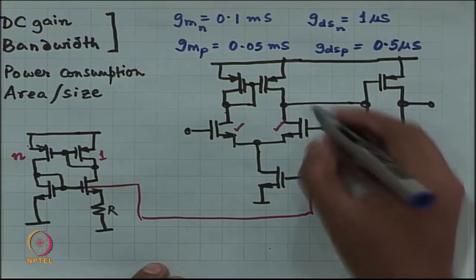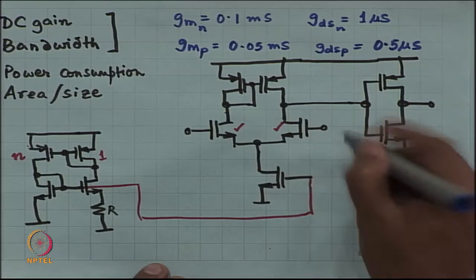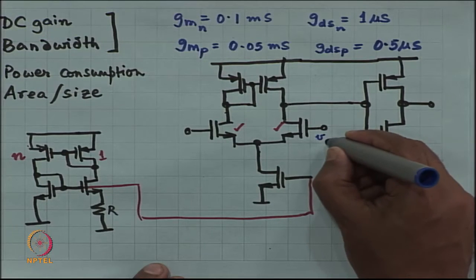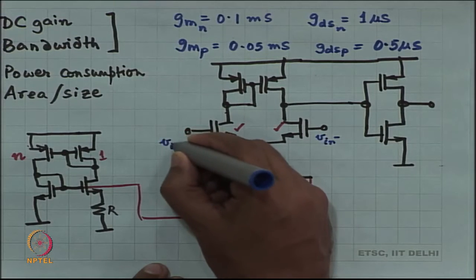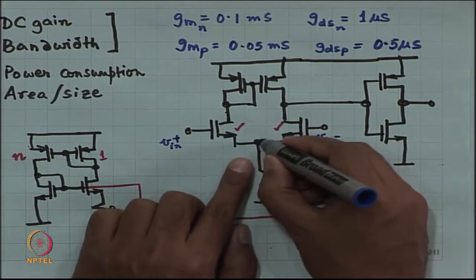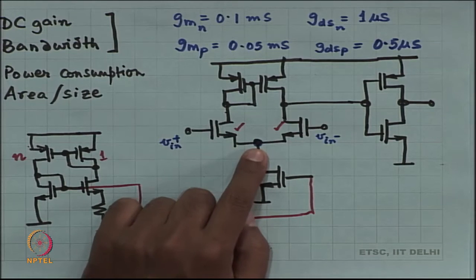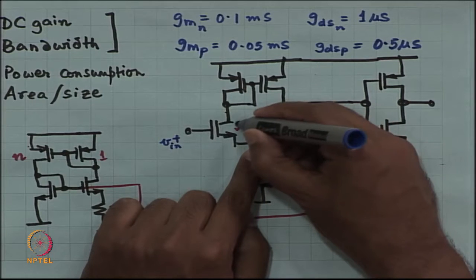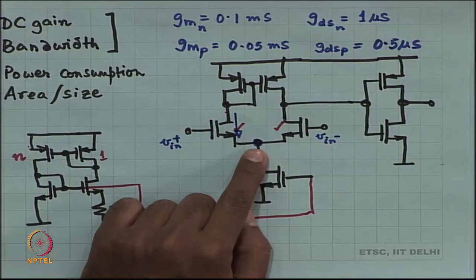Okay. The way it works is that this node does not move, right. If this is V in minus, this is V in plus, the middle node does not move at all. Okay. GM times V in plus current comes this way,